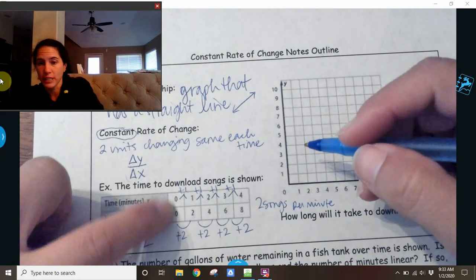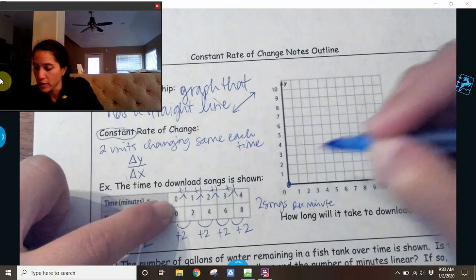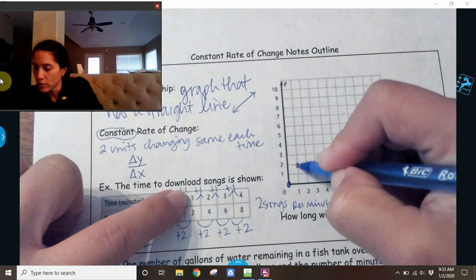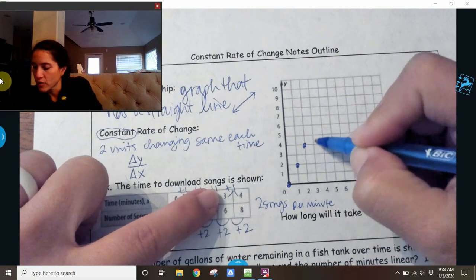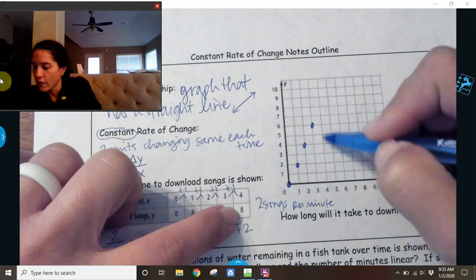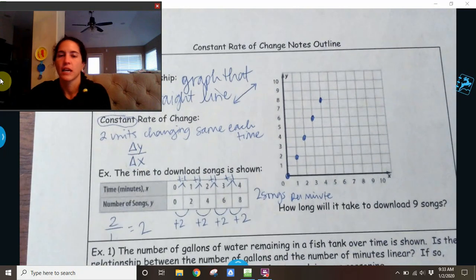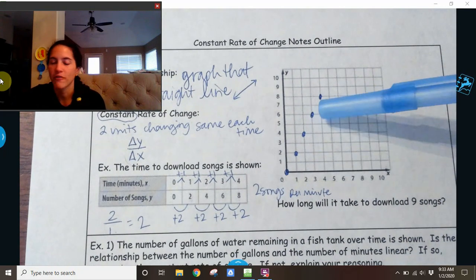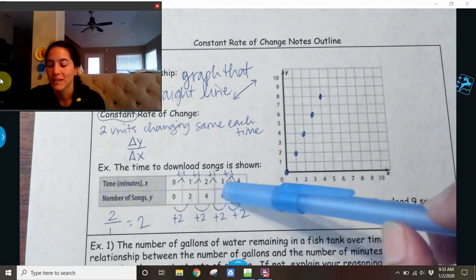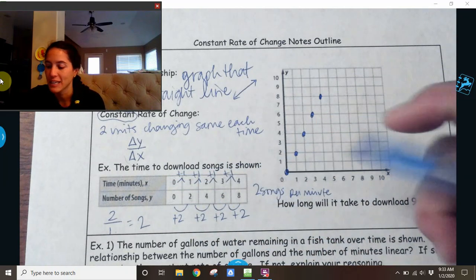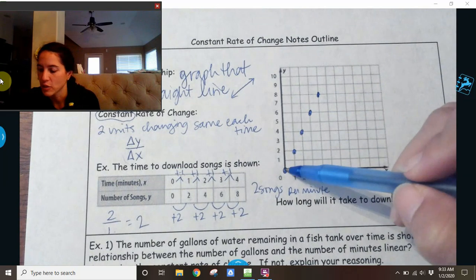by plotting these points. 0, 0 is our first point. 1, 2, 2, 4, 3, 6, and 4, 8. All right, so I've plotted my graph. Now, I am just using the data on the table. I could connect these. I'm just going to lightly connect them, and you'd see